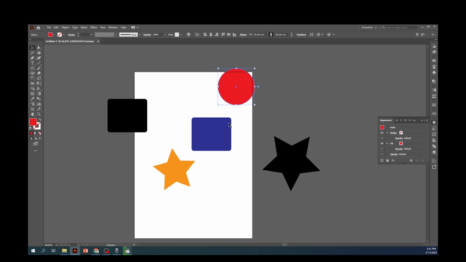The selection tool can be used to transform objects in various ways. When you select an object, you'll see a series of handles appear